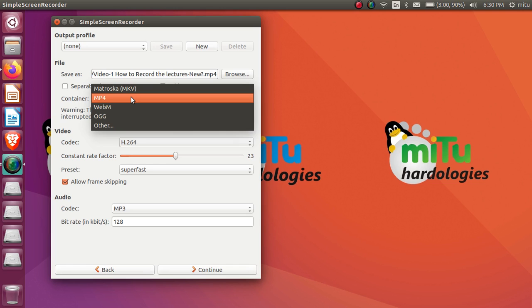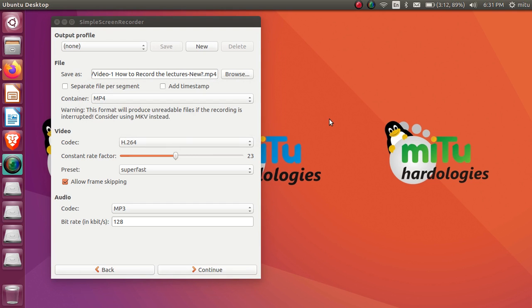So just make sure what exactly the video format is that you are choosing. Even Matroska has been very useful for the last few years. The MKV file format has also become a useful format. It's a more compressed file format than MP4. If you want to use that, it is also possible. WebM is also available. WebM is a video file format for viewing your video in browsers. So to view in browsers we'll be using WebM. Even some of the videos on YouTube are in the WebM file format. Like this. I'm using MP4.